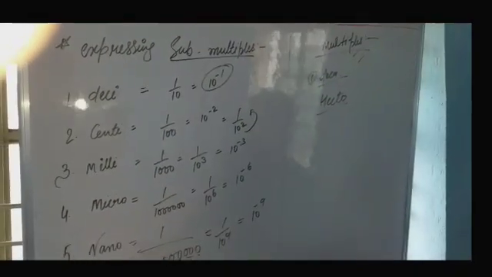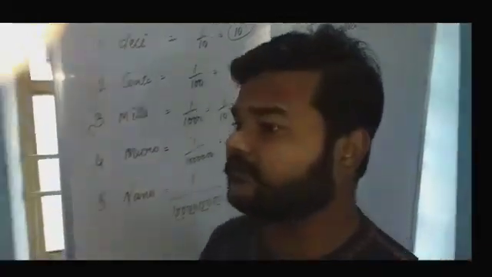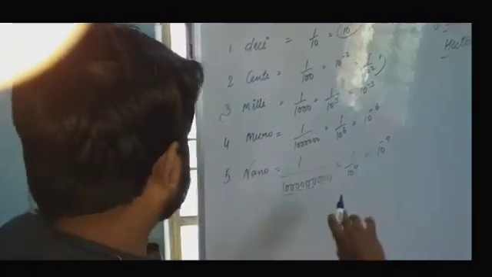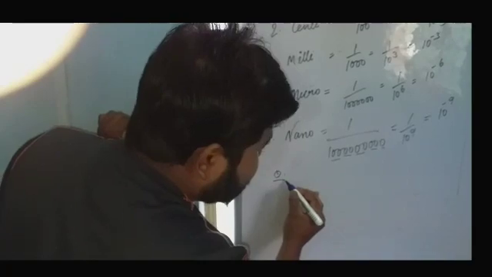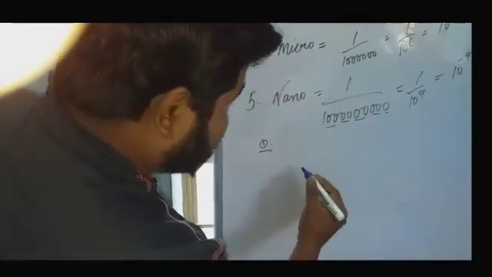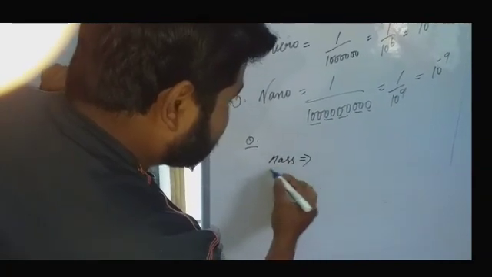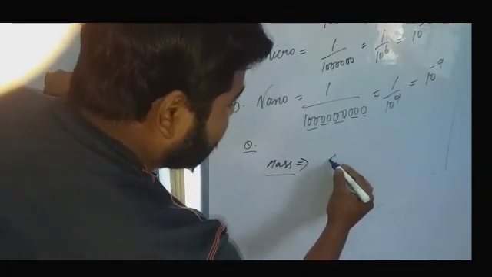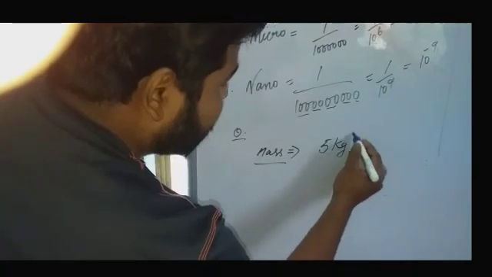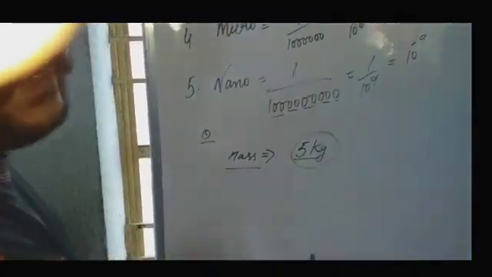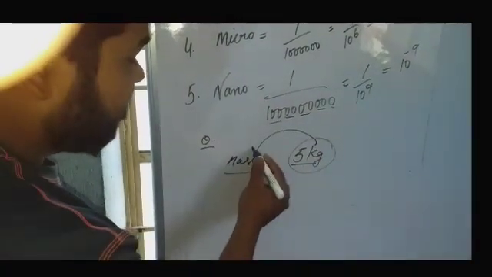Understand how we express the physical quantities. The next topic, how we write the physical quantities. Understand, students? We use symbols and writing guidelines, such as mass. How do we denote mass? Mass is denoted using the unit kg. For example, we write 5 kg. Then kg is the SI unit of mass.